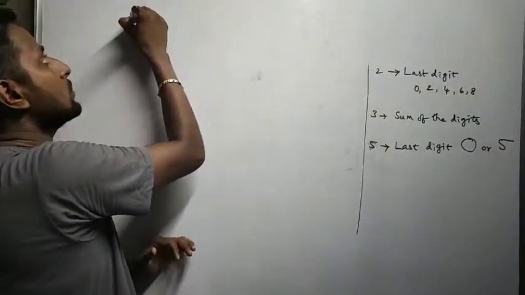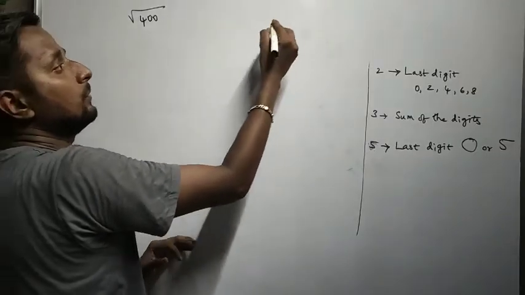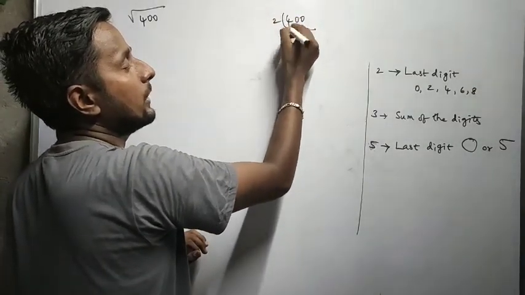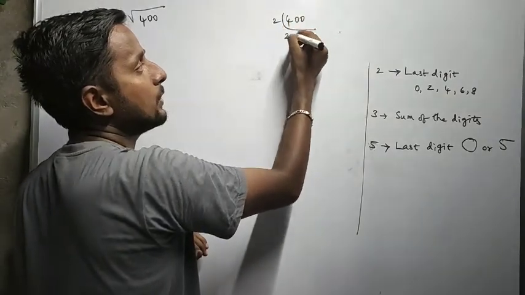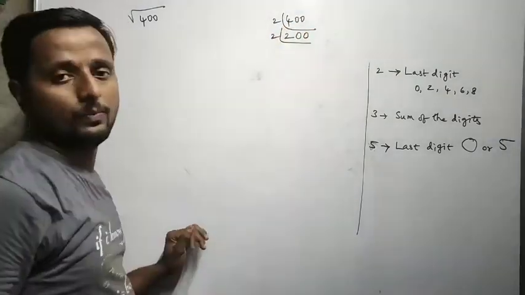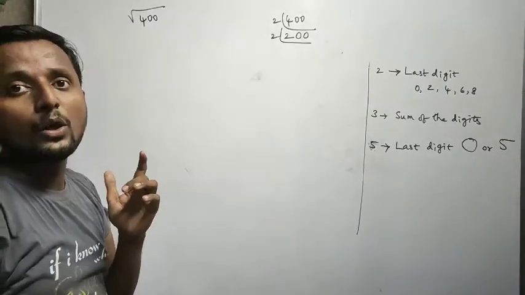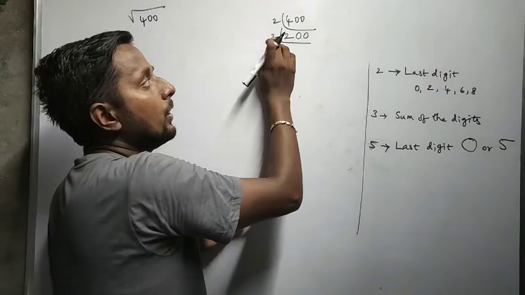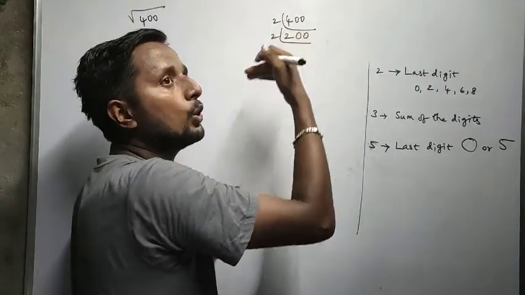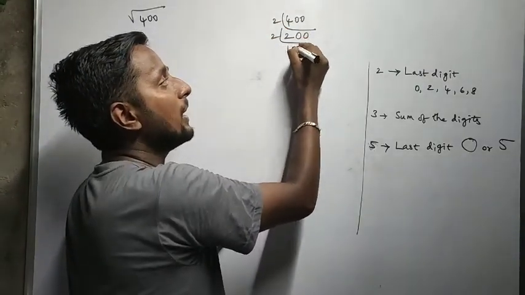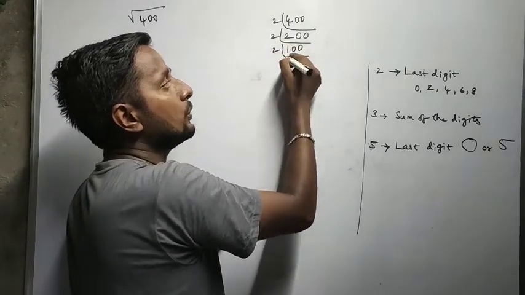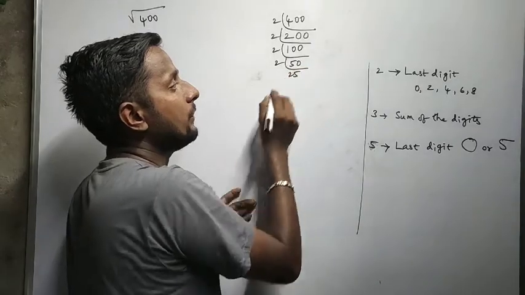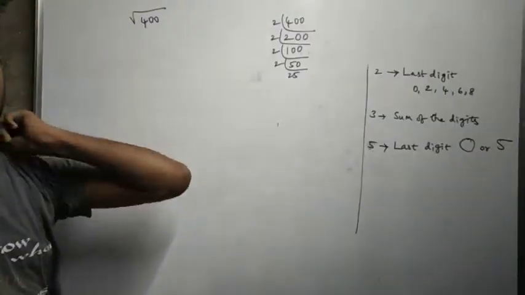Yeah. Find the square root of 400. 400: 2 table, 2 2s are 4. Exactly divisible, no? So the zeros stay as they are. Just remember, when you are doing division with 2, we are making the number odd. So now I am dividing with 2. That means 200, I want to make it odd. 200 halved is 100. And again I want to divide by 2. 100 halved is 50. And if you halve 50 also, that is 25. And 25 is not divisible by 2.